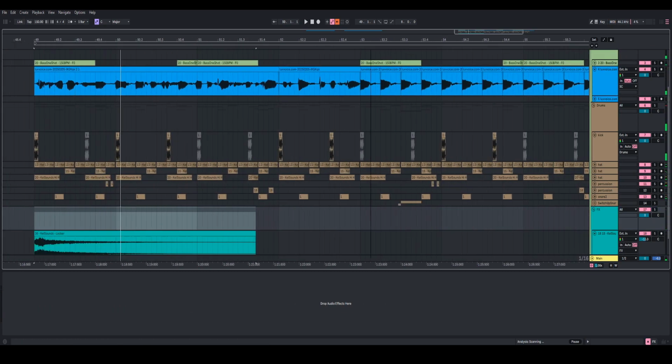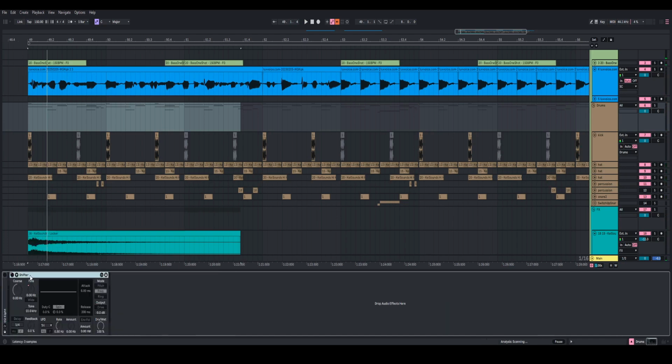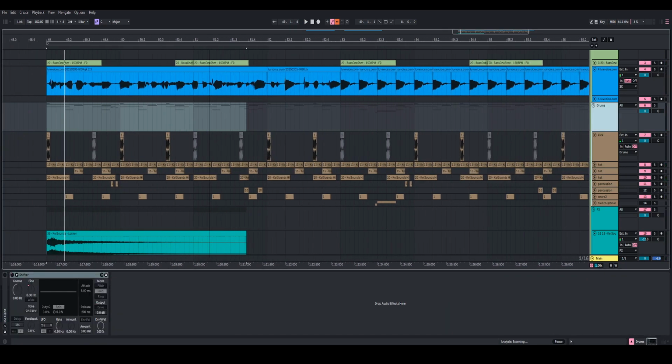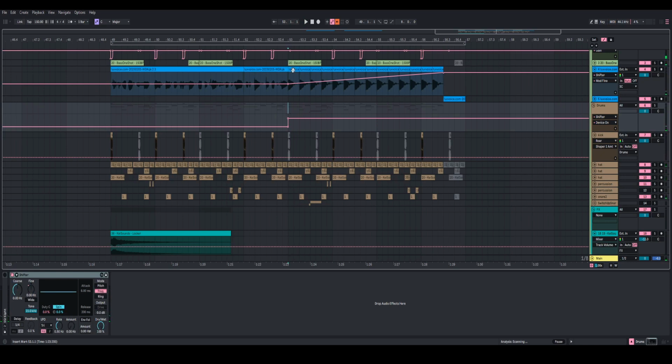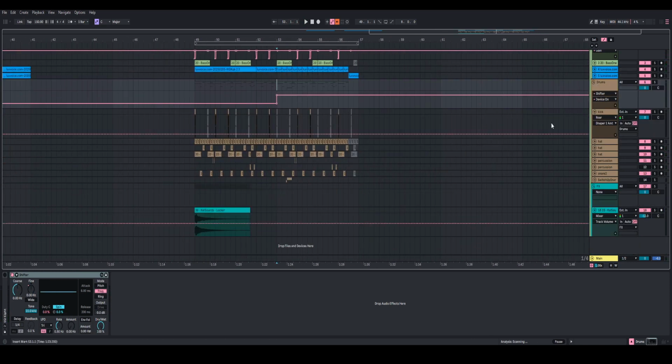And then, let's see. Oh yeah, for the drums, I did have an EQ on here and a shifter on here. I was going to try and do something with the shifter, like some sort of riser effect. Then for the EQ, I was gonna do that, but yeah, I didn't like the way that sounded, so I'm just gonna leave the drums as is. So now I'm gonna work on this riser part,